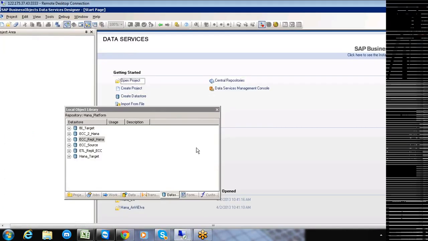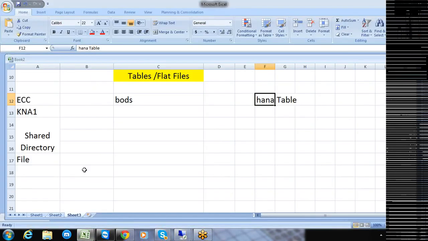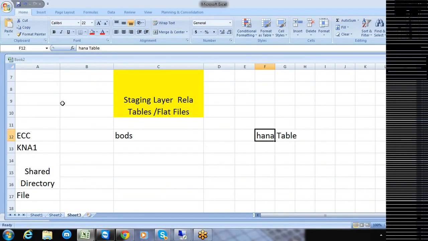So that is the process we are supposed to do here. What I'm trying to tell you is that BODS will execute a job for extracting the data from the KNA1 table and then place that data in this particular file. Then again BODS will use this file in order to populate the data into this HANA table.